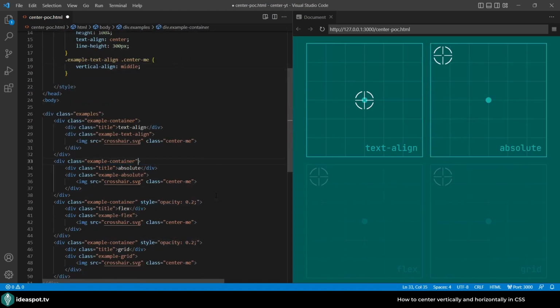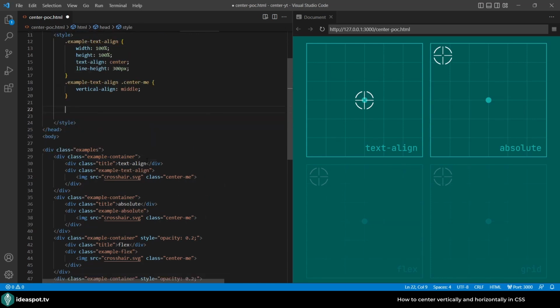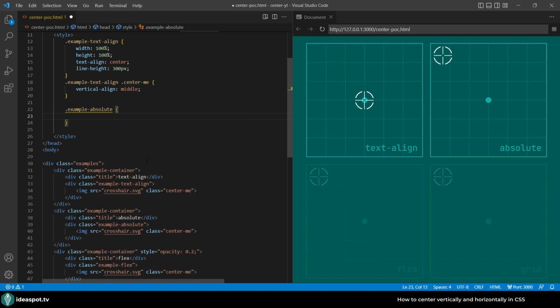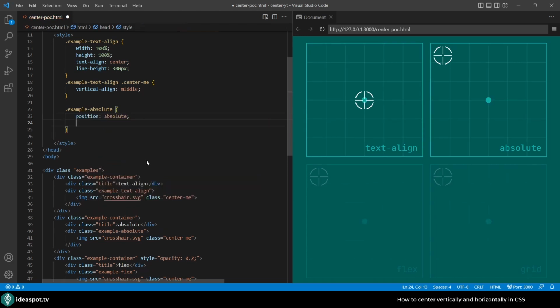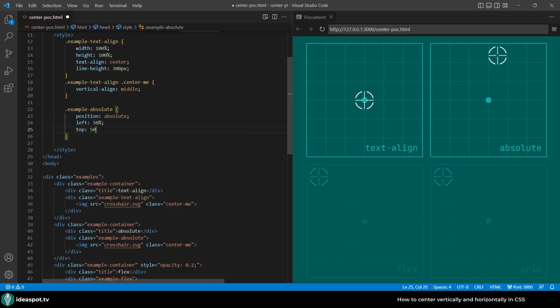The second approach that we will be looking into is the absolute positioning. Let's select this element, example absolute. The trick is actually very easy. First, we need to set positioning to be absolute. So position absolute. So now we are ignoring any margins and so on this element. So what we are going to do is set the left to 50% and top to 50%, and it's almost done. Well, we could experiment, for example, make it